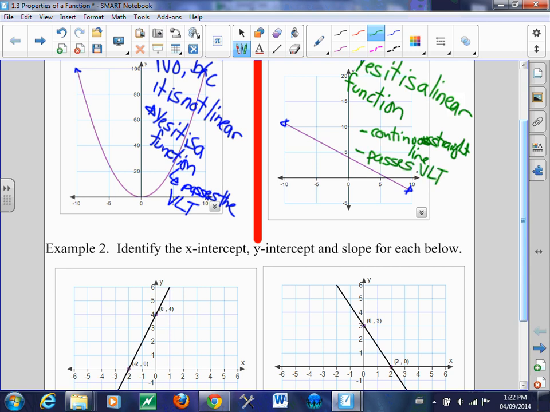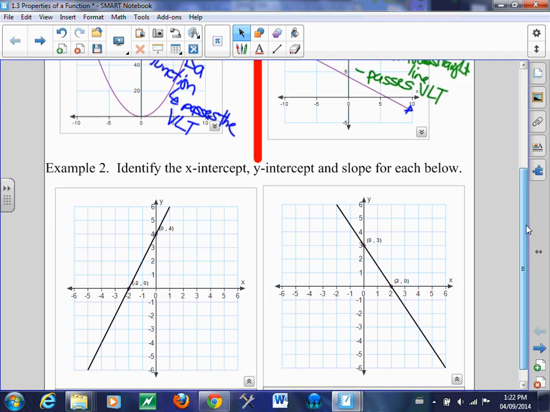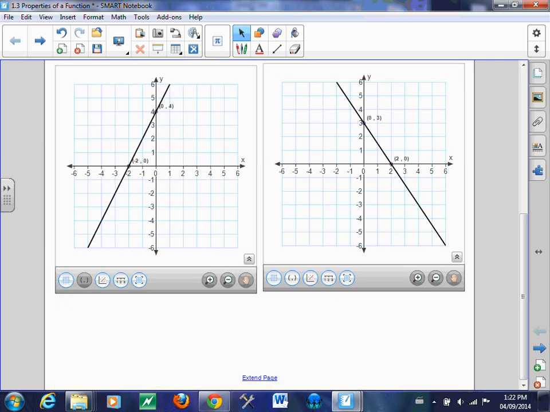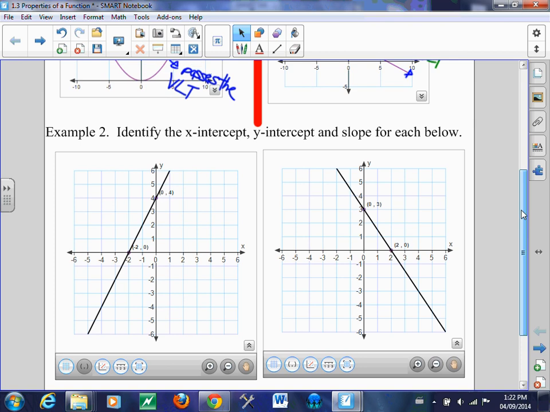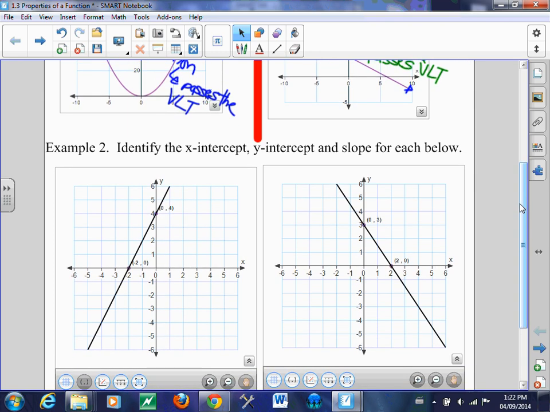Great. Okay, moving on. Oh, sorry, I've got an announcement here. The photographers would like any grade 12 student with their surname beginning with R to Z to go to that